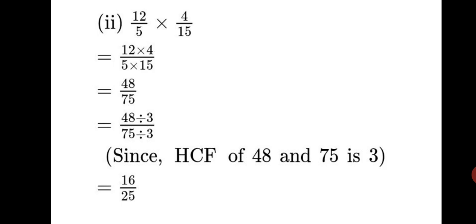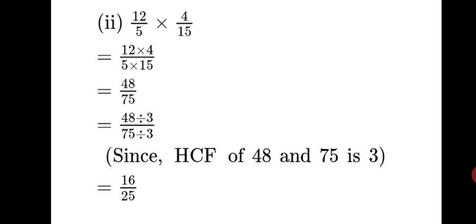Now, in the previous sums in the previous practice, I have also taught you to reduce first and then multiply. That also can be done. For example, look at the question on top. You can see 12 and 15 are the numbers which are divisible by 3. So 3 4s are 12, 3 5s are 15. And then whatever is left, multiply numerators, multiply denominators. 3 4s are 12 you got, so 4 4s are 16, the numerator becomes 16. And 3 5s are 15, 5 is left, so 5 into 5, 25. Directly you get 16 upon 25.